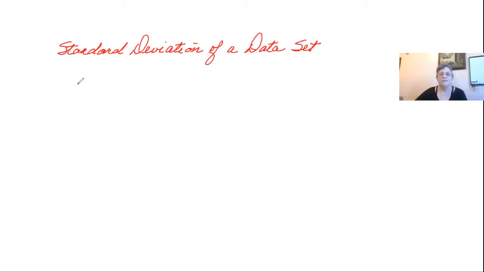What is a standard deviation? The standard deviation of just a data set is the average deviation, which is the distance